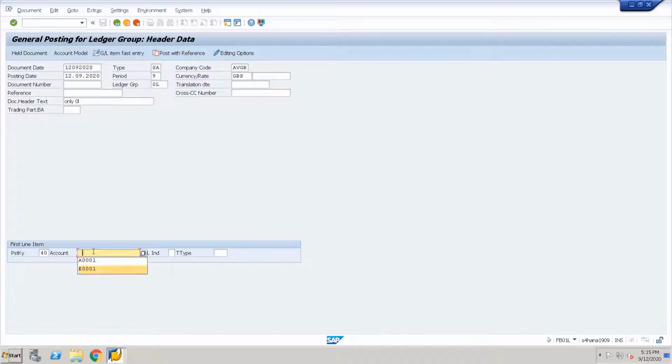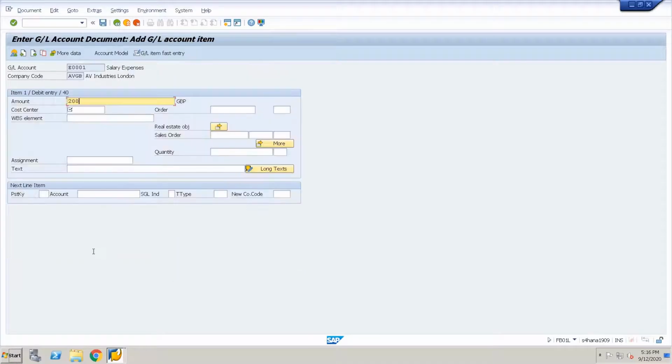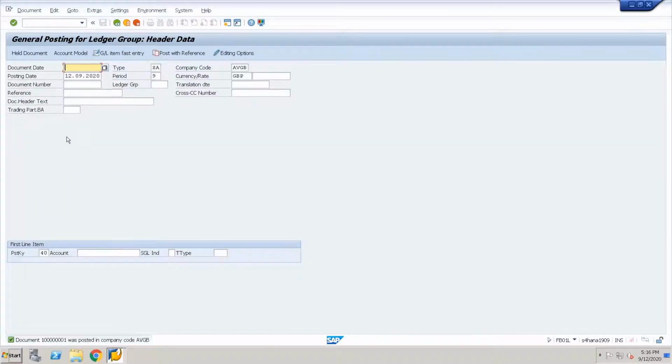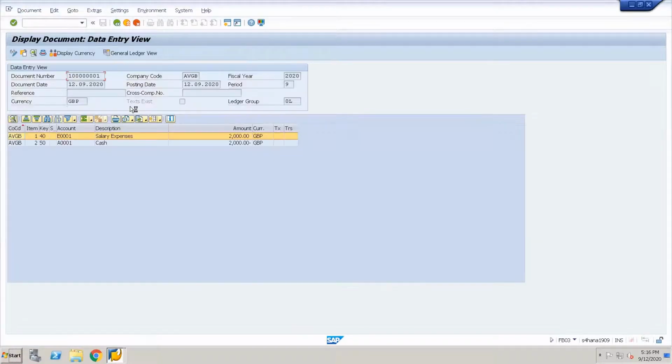Again, the same. And save. So the document has been created. Let us display this document.